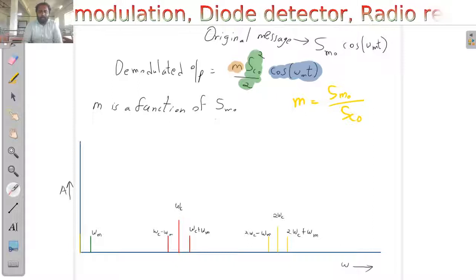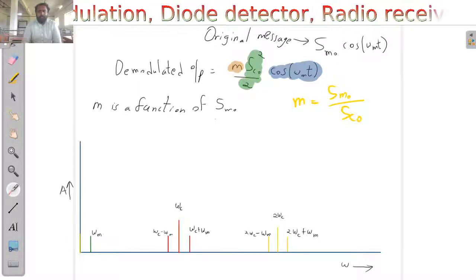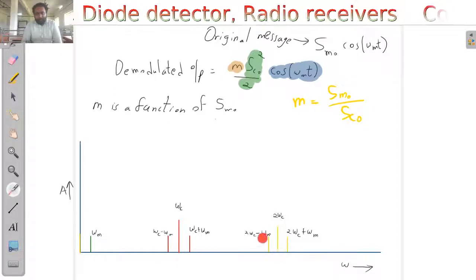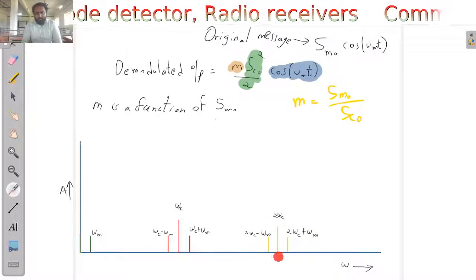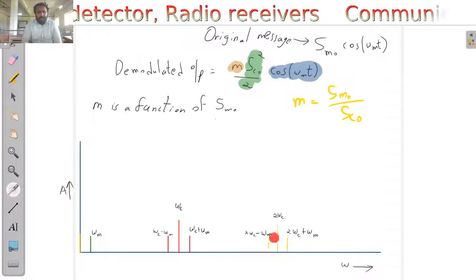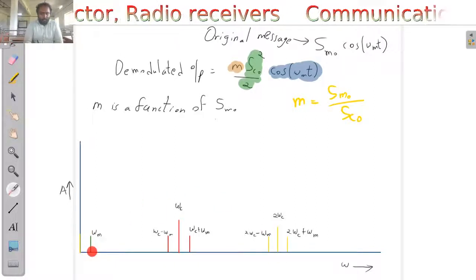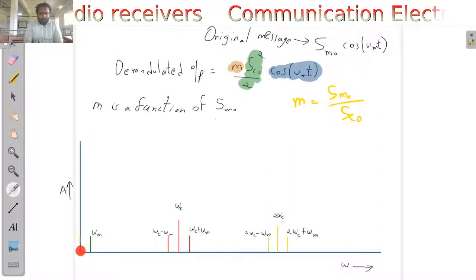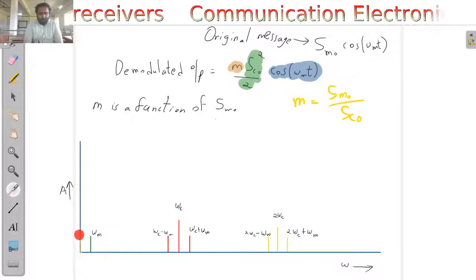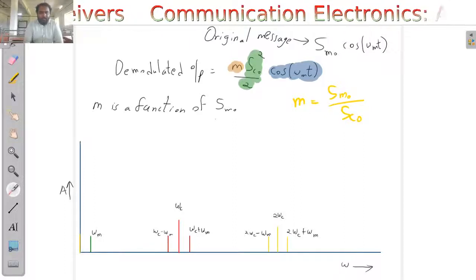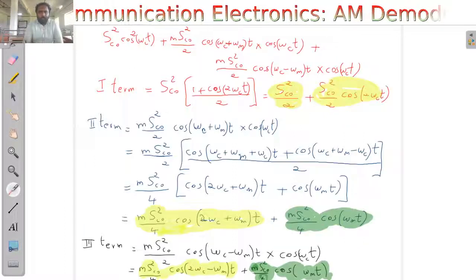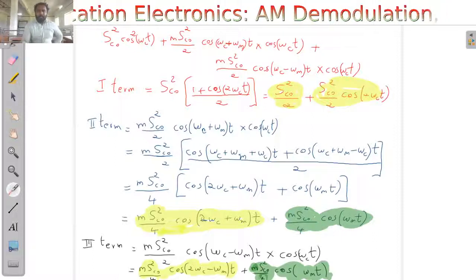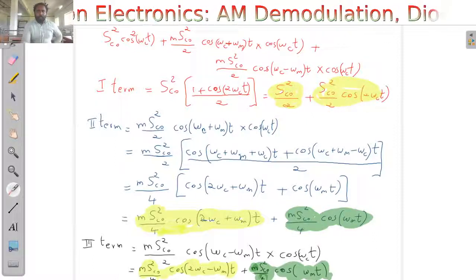Okay. So when we multiply these three signals with the locally generated signal, what we obtain is a frequency translated signal which is centered around 2 omega c. So this frequency translated signal is centered around 2 omega c, and a baseband signal at omega m, but there is also another DC signal at zero frequency, and that DC signal is neglected or it will be filtered out using a capacitor.